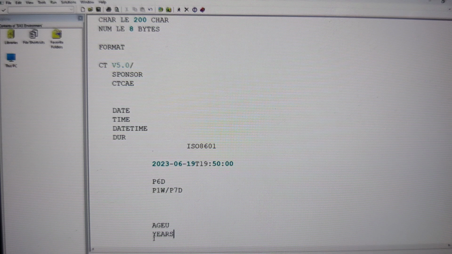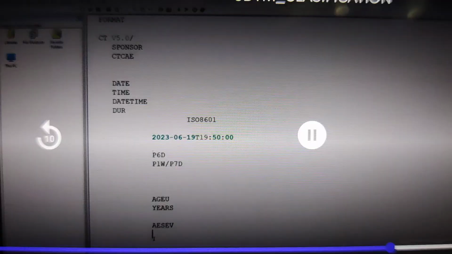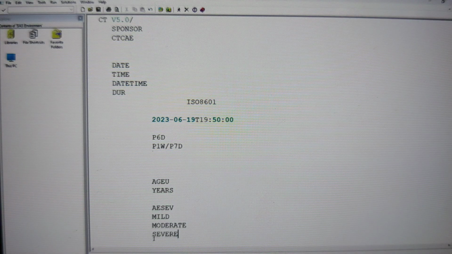So what is controlled terminology? Based on the control table we create a format, and we are going to use only those formats for those certain variables. Okay, I will tell you one more. There is one variable called AESEV. According to the controlled terminology, in AESEV we should have only 3 values. What values should we have? We should have mild, we should have moderate, or we should have severe. We should not have anything other than the 3 values. Again, how do we know that? Because they have provided that information in the controlled terminology.